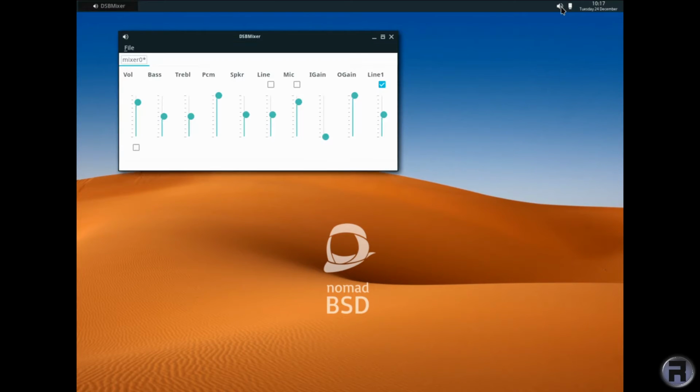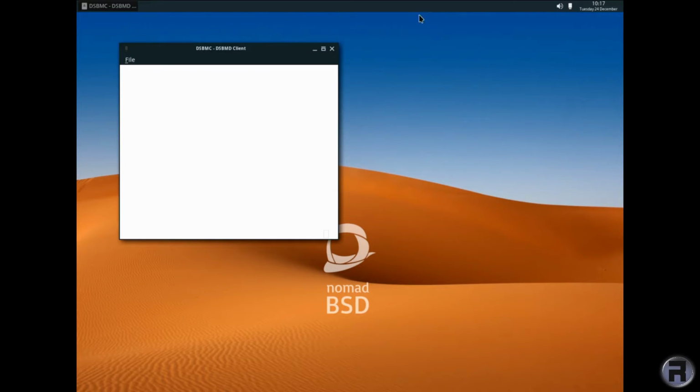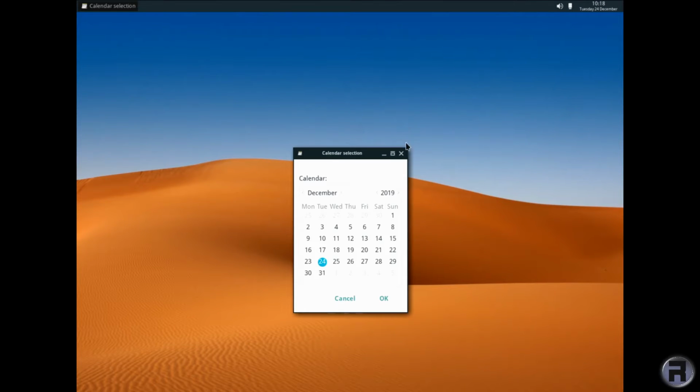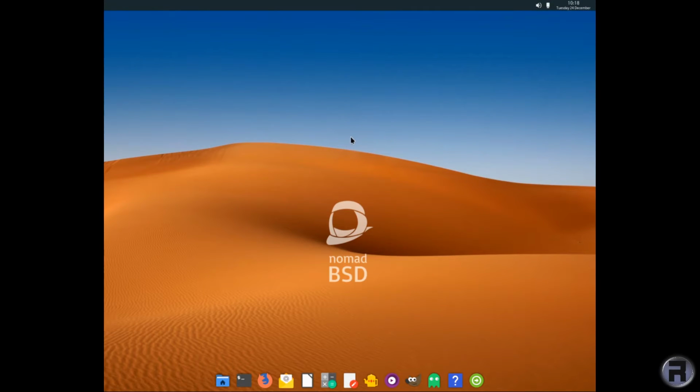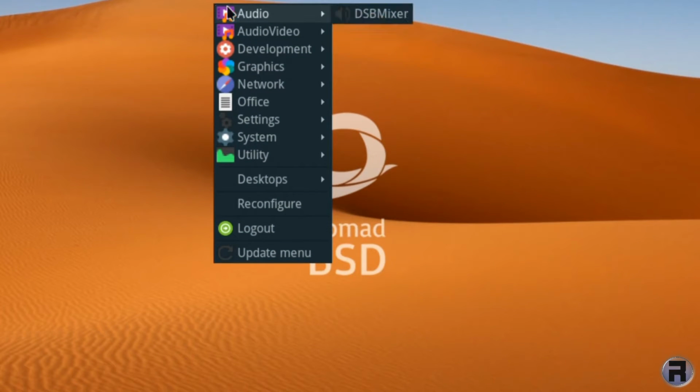we get a volume control. In this case, a DSP mixer. You get DSP MD for, or DSP MC for USB plugging in, and a calendar session under the clock. Looking at the menus,